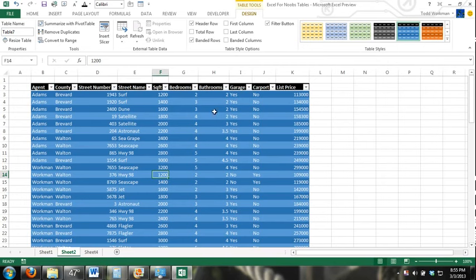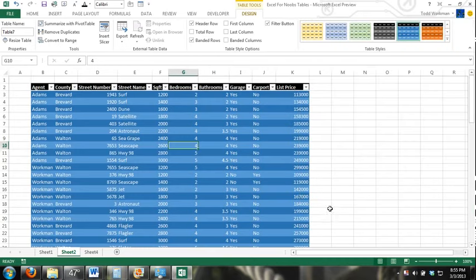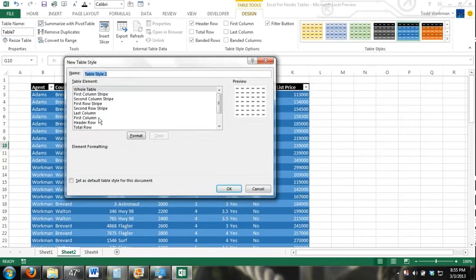Another thing you can do is custom table styles. Again, you have to have a cell within your table selected. In the design tab, click the more button right here, and then get down to the very bottom. You're going to click on this new table styles command. And you have different options right here. You have the new table styles dialog box which appears,